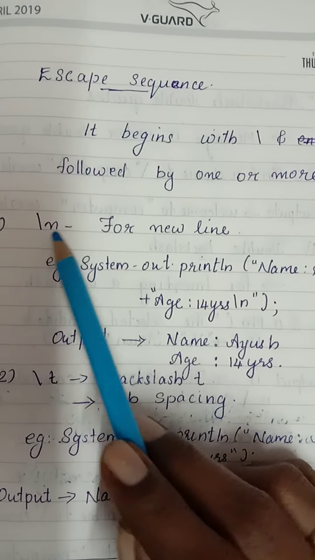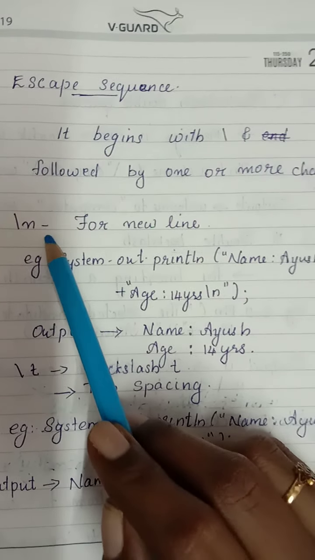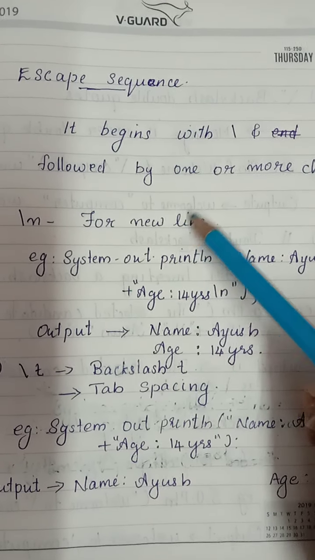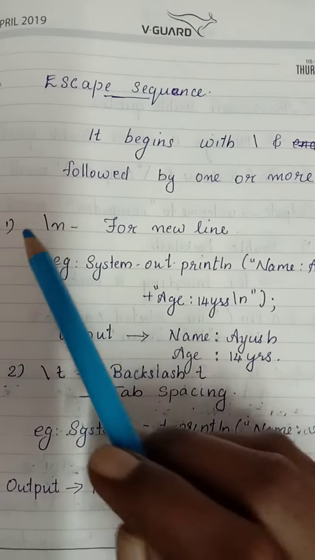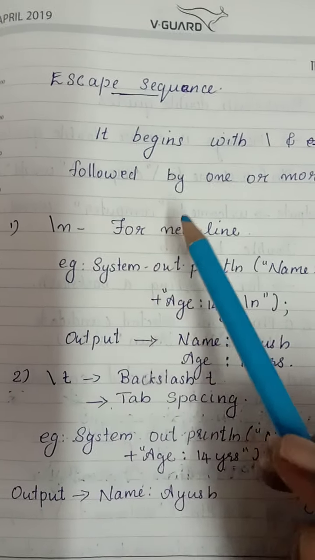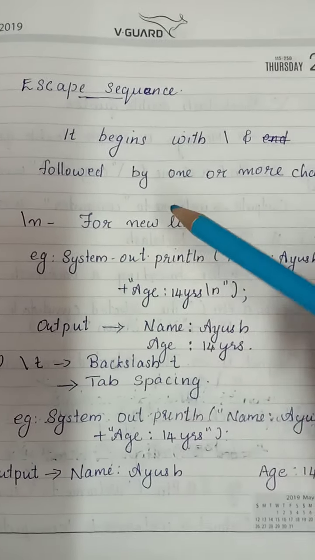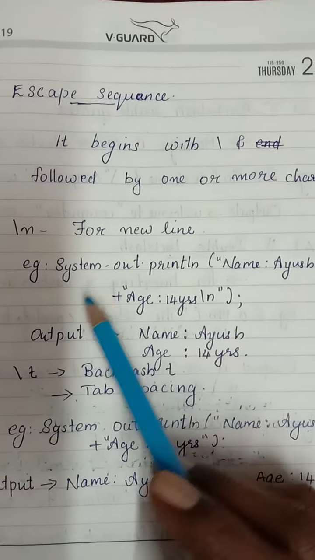The slash n is used for moving the cursor to the next line, or for a new line. This escape sequence is used for moving the cursor to the next line. For example,